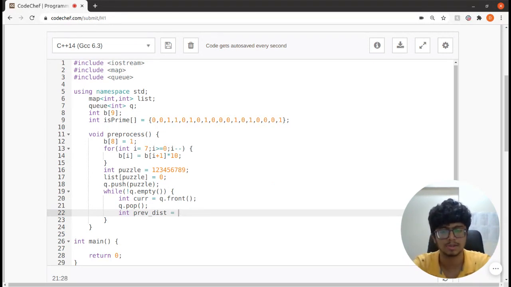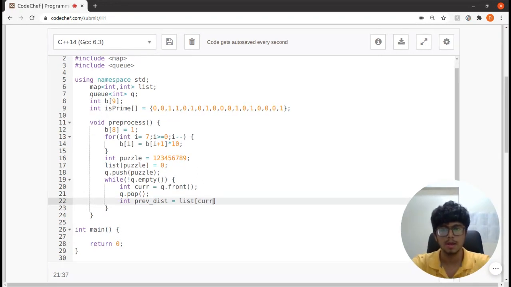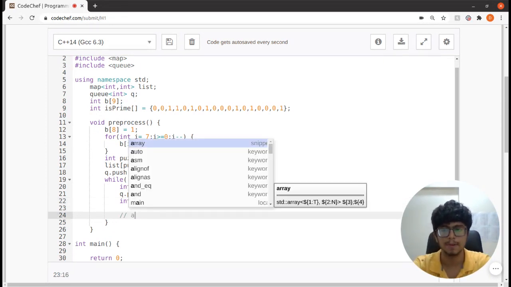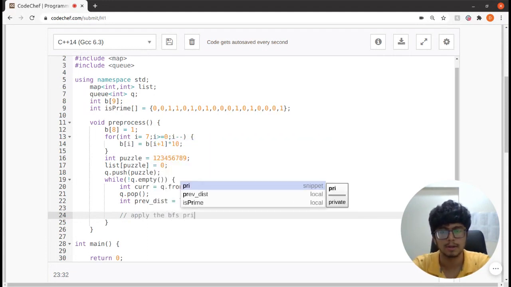Okay, I have my list over here. So previous distance is list of current. This gives me the previous distance, and now I will apply the BFS logic.